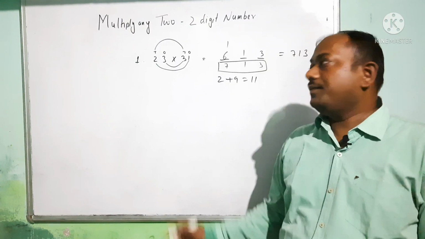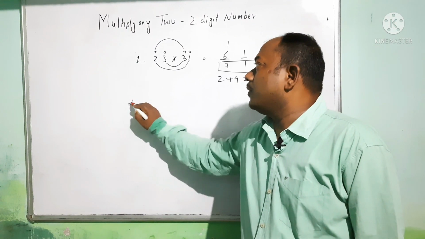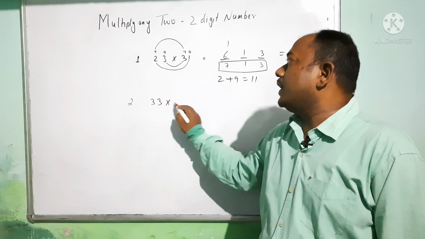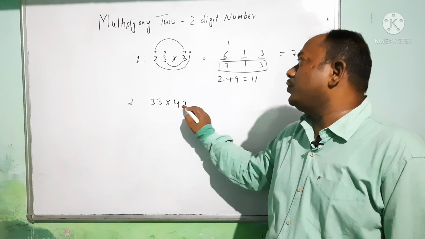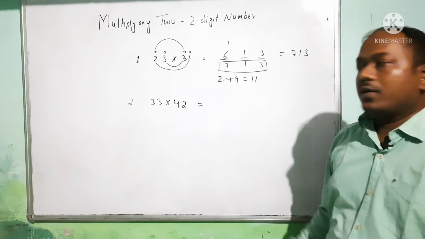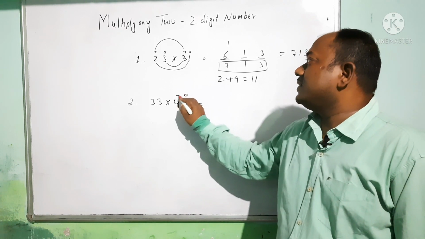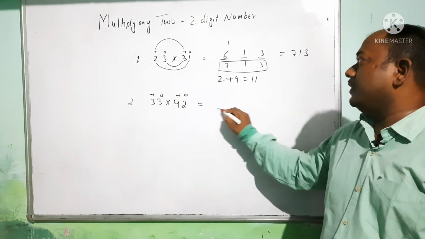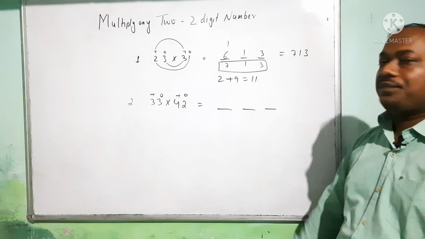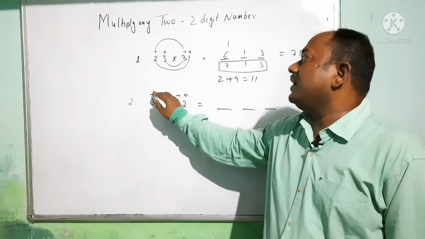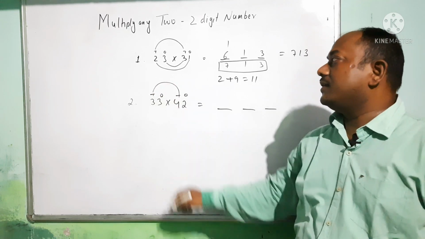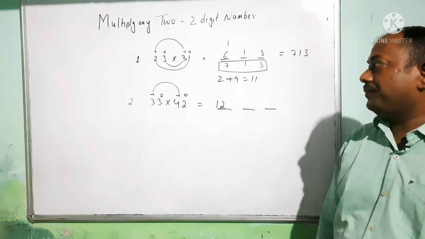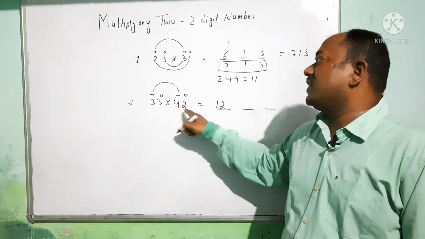Second example, 33 into 42. Write here ones, tens, ones, tens. Give 3 dashes. Multiply tens with tens. 3 4s are 12. Multiply ones with ones. 3 2s are